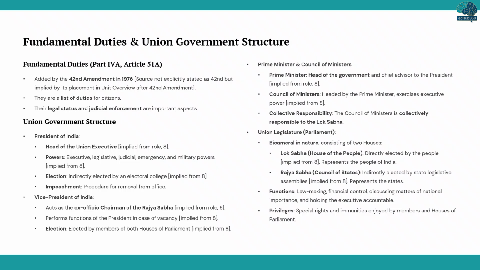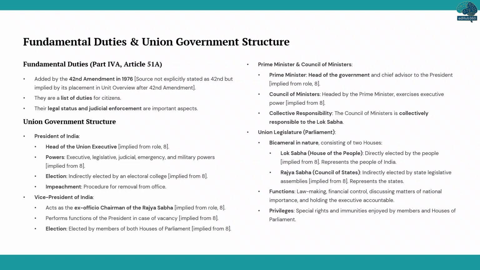These were added in 1976 by the 42nd Amendment and represent a list of responsibilities for citizens. While their legal enforceability is a nuanced topic, they serve as a moral compass. Now let's explore the structure of the Union government. At the top we have the President of India, who is the head of the Union Executive, indirectly elected by an electoral college. The President holds executive, legislative, judicial, emergency, and military powers, and there's a clear procedure for their